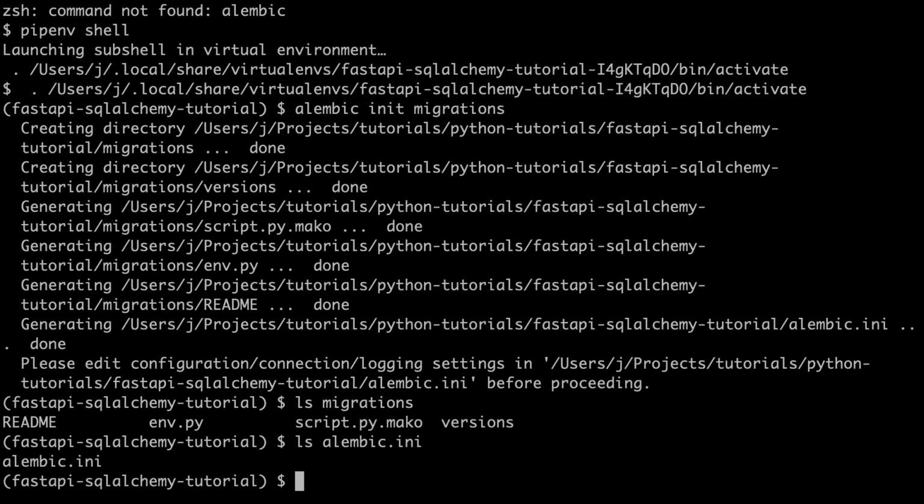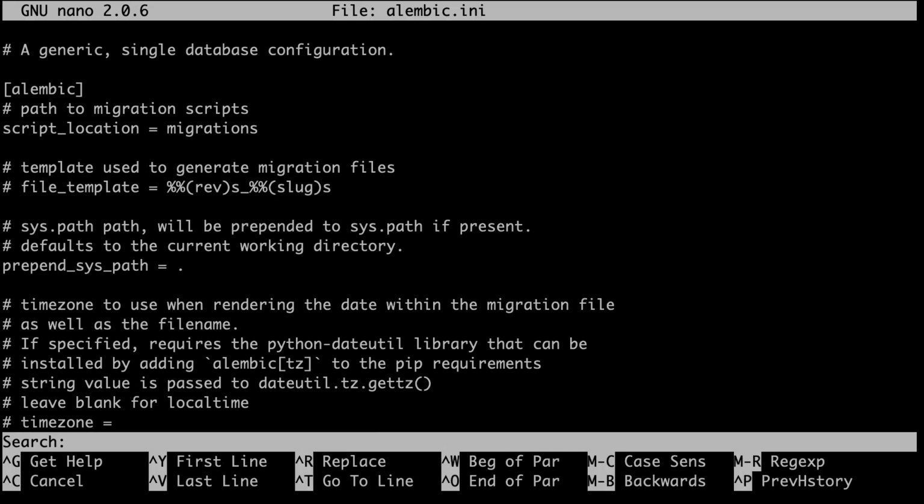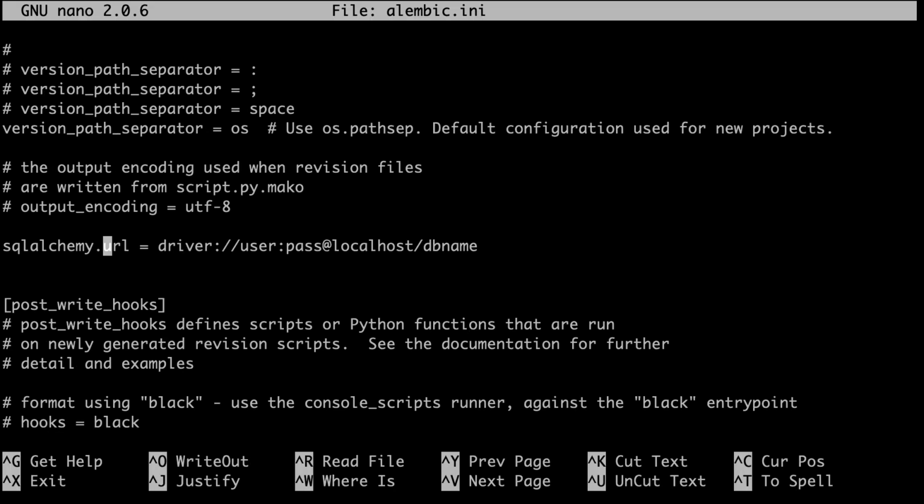Let's go ahead and edit this file to add the address of our database for Alembic. So we open alembic.ini, we search for a line that contains the sqlalchemy.url parameter, and we are going to edit the URL to point to a database. Now, to keep this tutorial simple, we're going to use an SQLite database so that we don't have to start up an additional database server and interact with it. So that's going to be SQLite